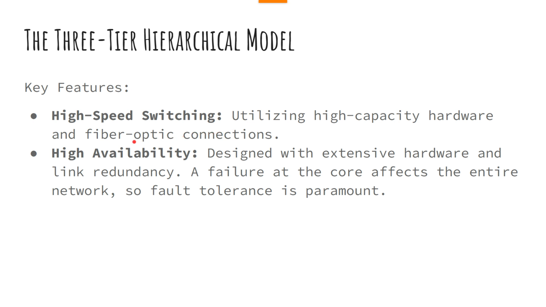Generally the connectivity at this layer is fiber optic, because that provides high speed data communication. The second important thing is it should be designed for high availability. That is, if the core of a network fails, then the entire network fails. So you don't want the core of the network failing, and therefore here you will have device level redundancy,